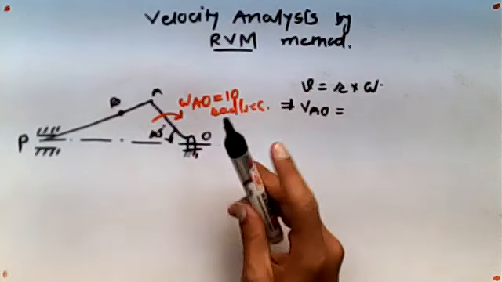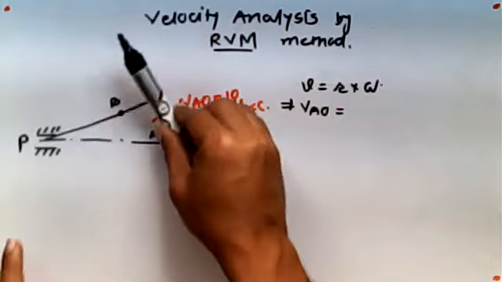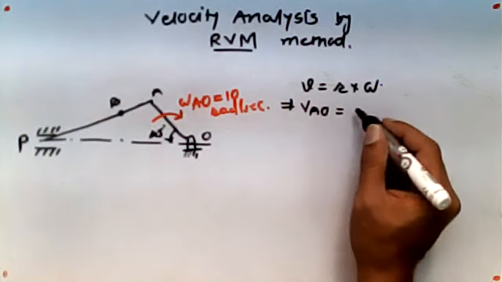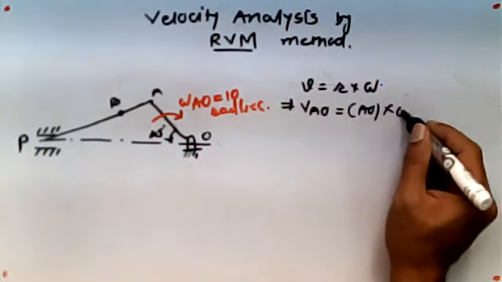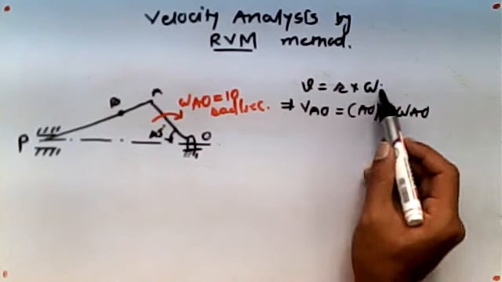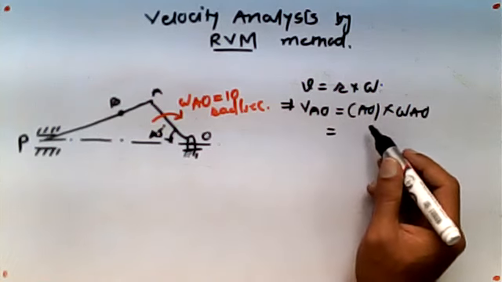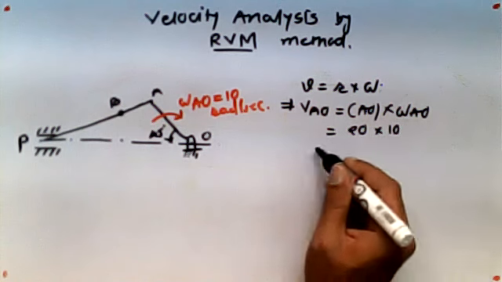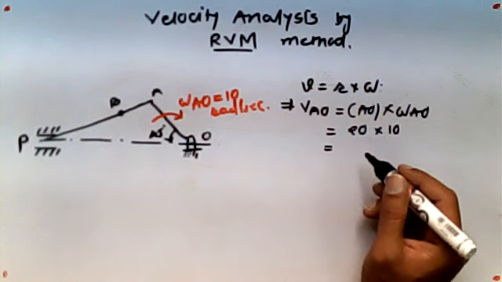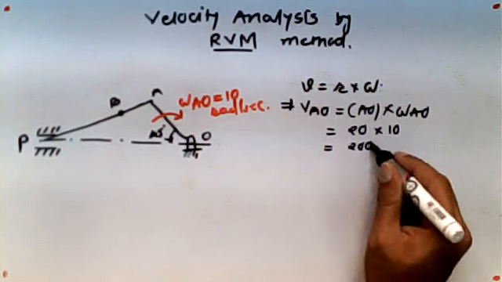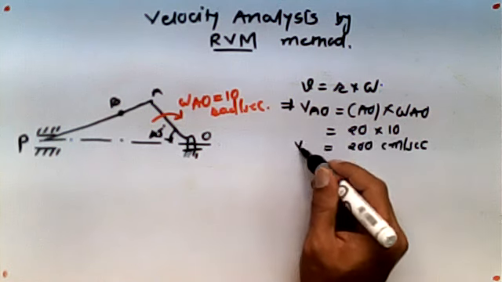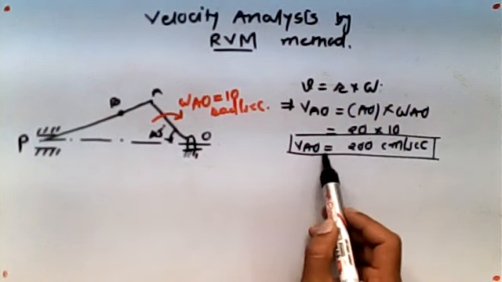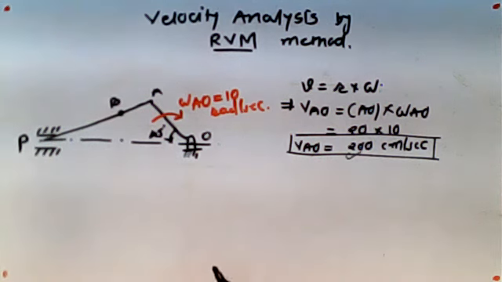This particular link OA will rotate like this, so the radius will be the length of the link. I can write it as OA, and that is given to us. And angular velocity of A with respect to O will be the omega. Now, length OA is given to us, that is 20 centimeter, and angular velocity is also given, 10 radian per second. So if you solve it, you will get around 200 centimeter per second. They have given the unit in centimeter. So the velocity of point A with respect to O, you are getting 200 centimeter per second.